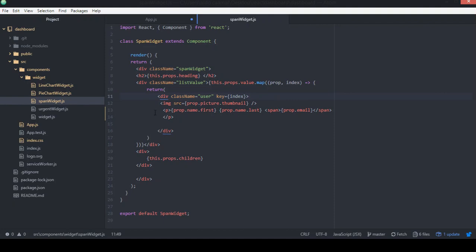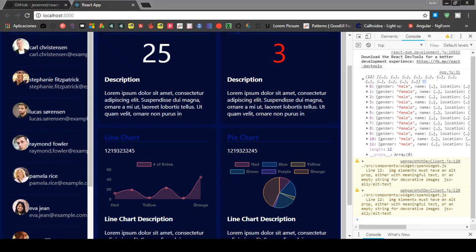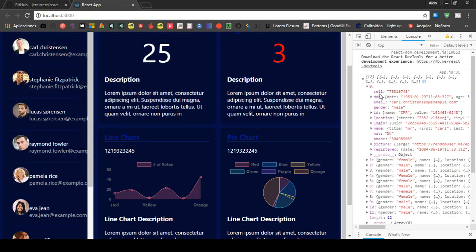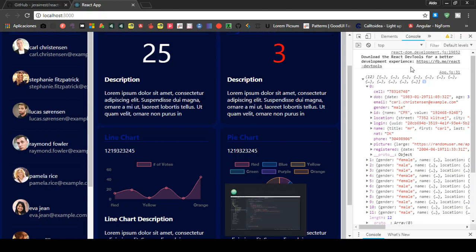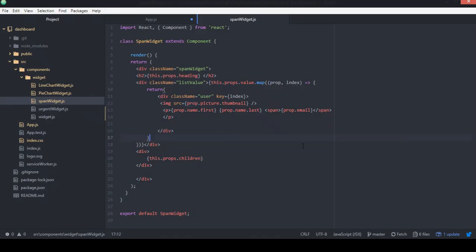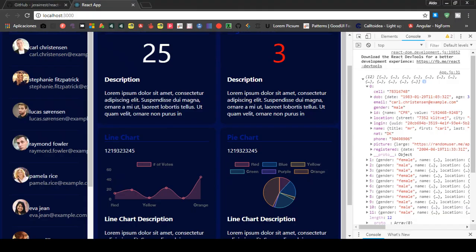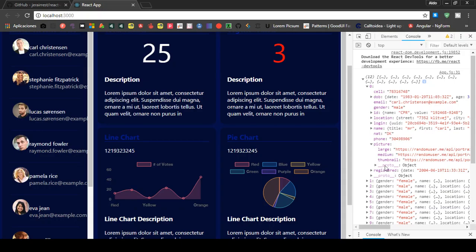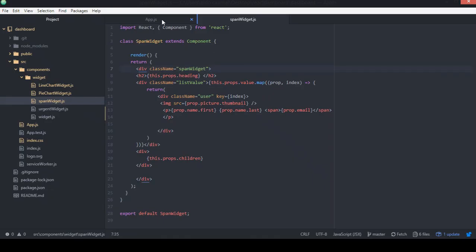Okay, so as I'm getting these objects, I got all the information I need. Well, not all I need, but I got all this information, because I don't need all that. But from this prop, I'm just getting the picture thumbnail, that you can see is picture thumbnail. Okay, so what is happening,